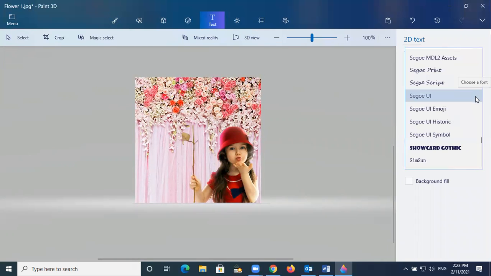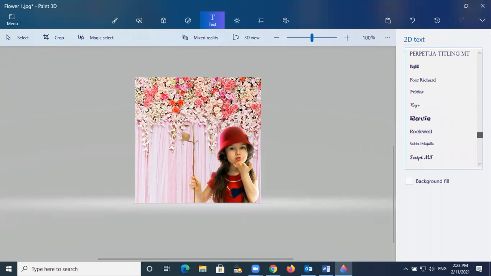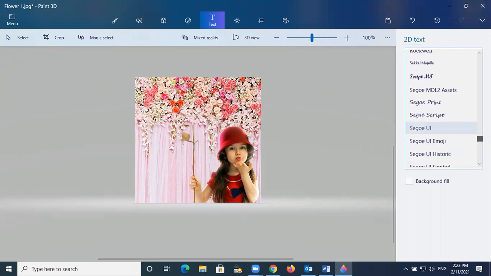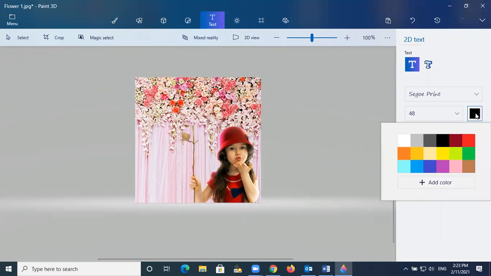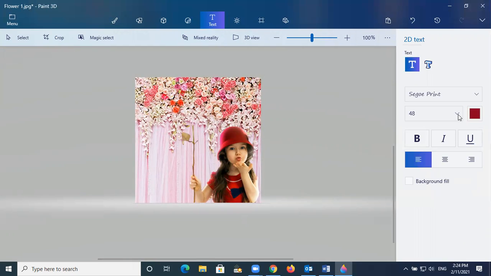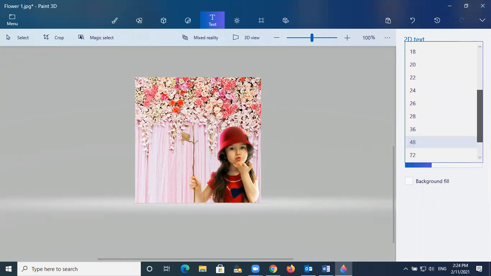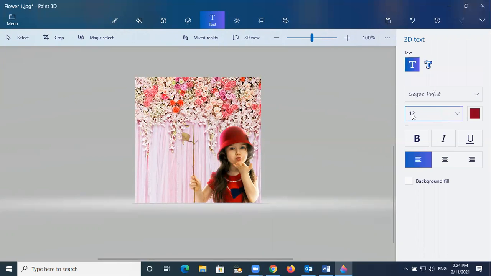And then after that, you can choose the font shape. What is the shape you want to use? Okay, for example, I don't know which shape you like to use, and then you can just choose it here. Okay, I will just choose this one. And then you can choose the color also. What color you want to put here. Okay, for example, if I want to put this color, I will just choose this color. And then you can choose the size also. What size you want to put. For example, if I want to put 12, then I will put only 12. So this is the font type, and this is the font color. And then you can even make it bold, italic, and underline also here.